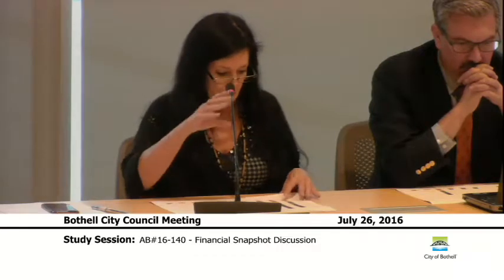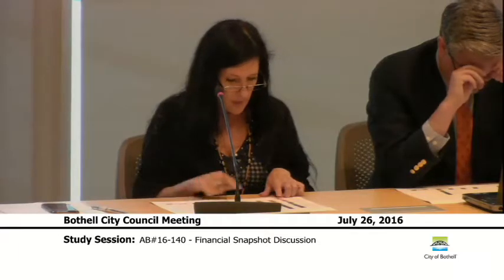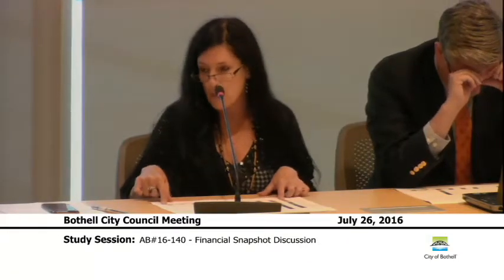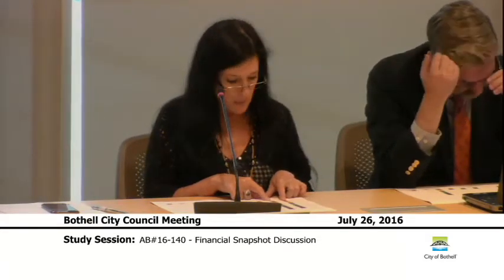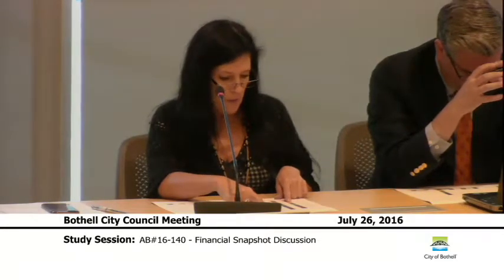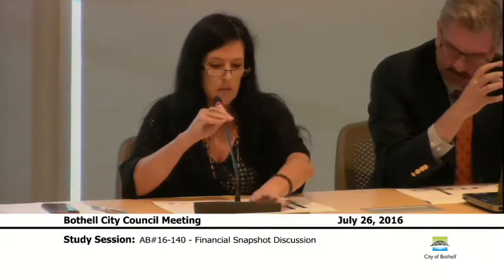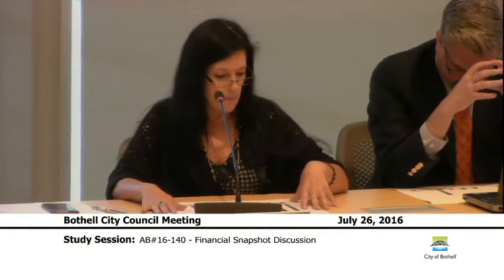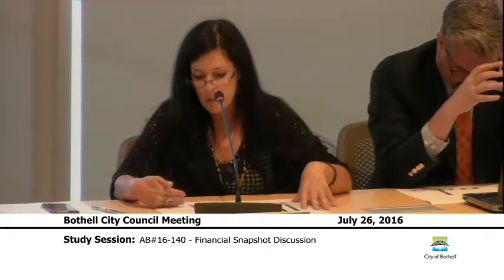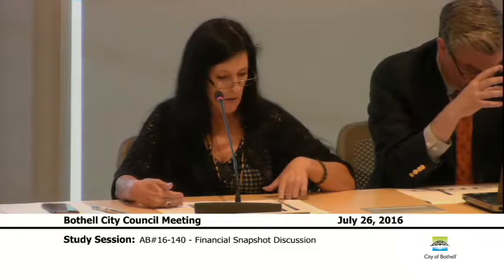Now this sheet, if you look at orange, the orange at the bottom, this is all the general fund revenue types, okay? 2007-8, that biennium is orange. 9-10 is gray. 11-12 is yellow, and so on. Basically what this shows is that the city has 3 to 4 major revenue sources or streams that are coming in. But what is really telling about this information is the size of the square for